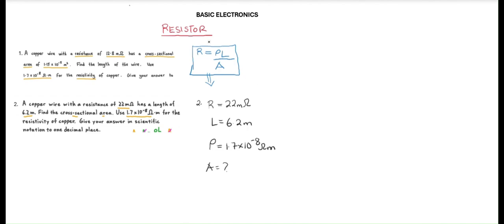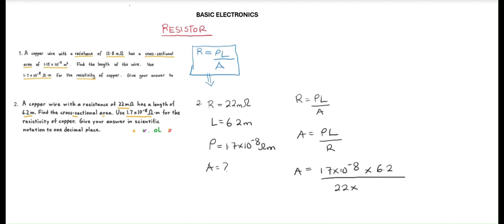Now we know from the formula that resistance is equal to resistivity multiplying length over cross-sectional area. If I want to make cross-sectional area the subject, it is going to be resistivity multiplying the length divided by the resistance. So it means that the cross-sectional area is going to be 1.7 by 10 to the power negative 8 by the length, which is 6.2, all over the resistance, that is 22 by 10 to the power negative 3. So we are going to get